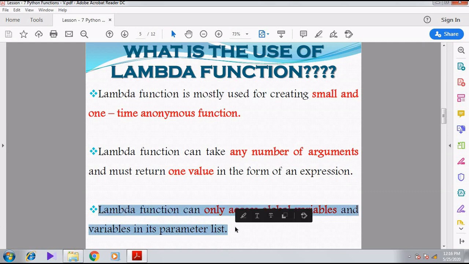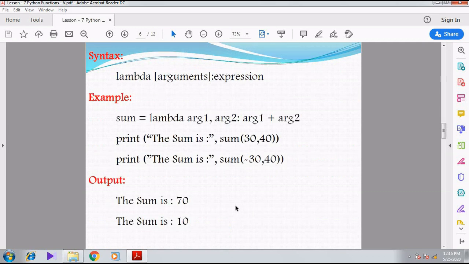Right. Let's see the syntax, then you can understand it clearly. Lambda is the keyword that is used to represent anonymous function. As many arguments as you want can be given. I have given them within square brackets, but the square brackets are not necessary. For your understanding, I have separated the keyword and arguments.